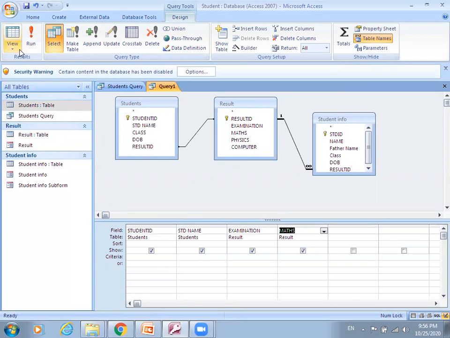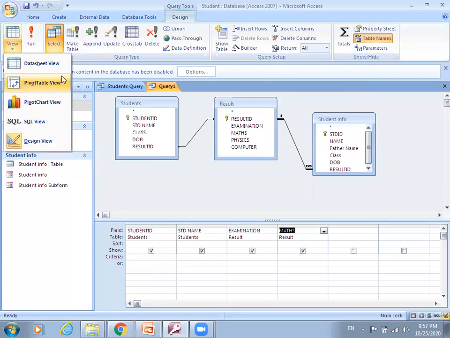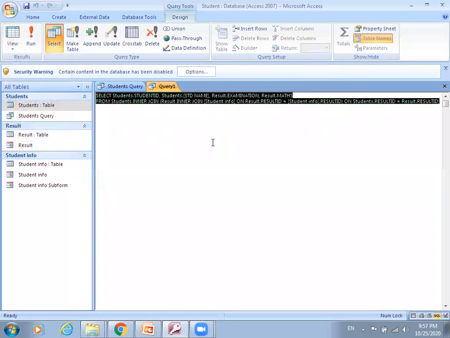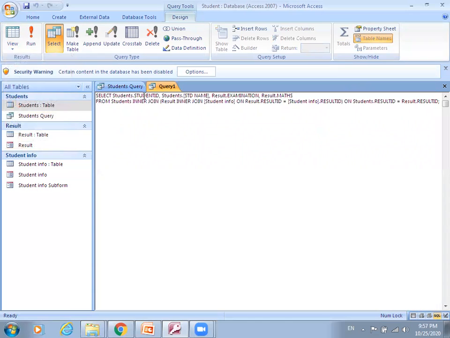So here on your screen you can view different options are available. You can use the query builder. You can insert the formulas like total, parameters, property sheet you can view. You can insert the columns. You can view your query, datasheet view, SQL viewer. Here in the SQL statement you can select student ID, student name, result dot.